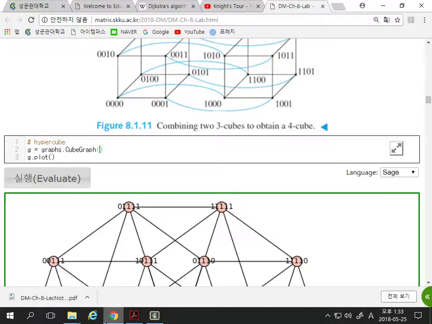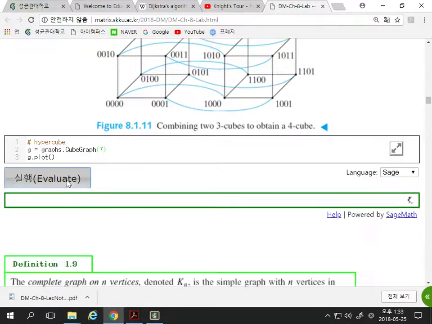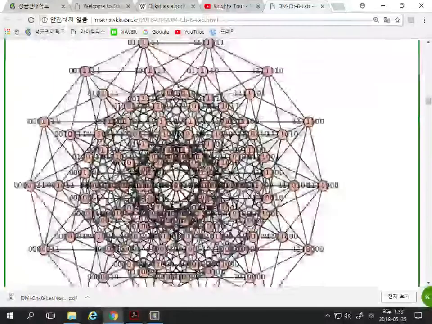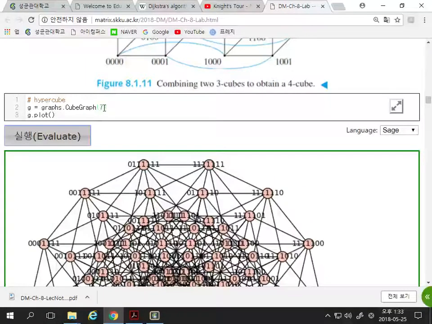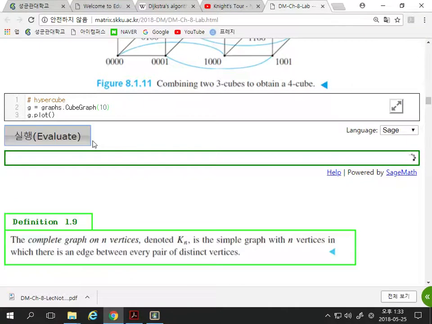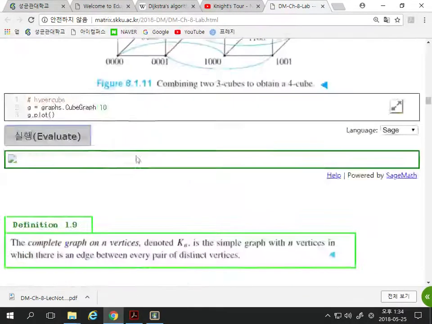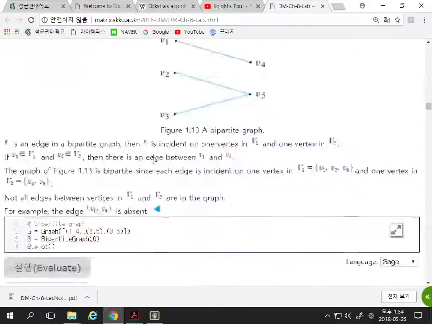You can make it 100 or 200, whatever you want. If you make it 10, then how much? 2 to the 10th power. It's going to be really big. You will see a lot of it. And as you see here,